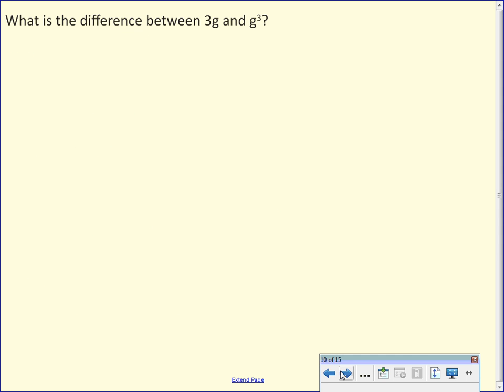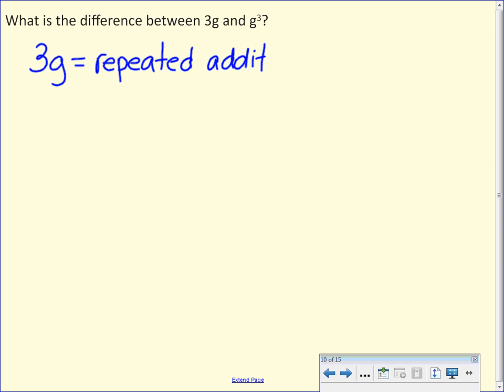What's the difference between 3g and g cubed? Go for it. Oh my gosh, I love those vocabulary words you just used. So how would I write that out in the equivalent expression? If it's repeated addition,